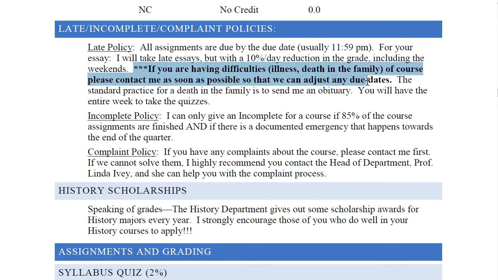However, I do want to note that if you're having problems, like an illness, sorry, my cat is howling in